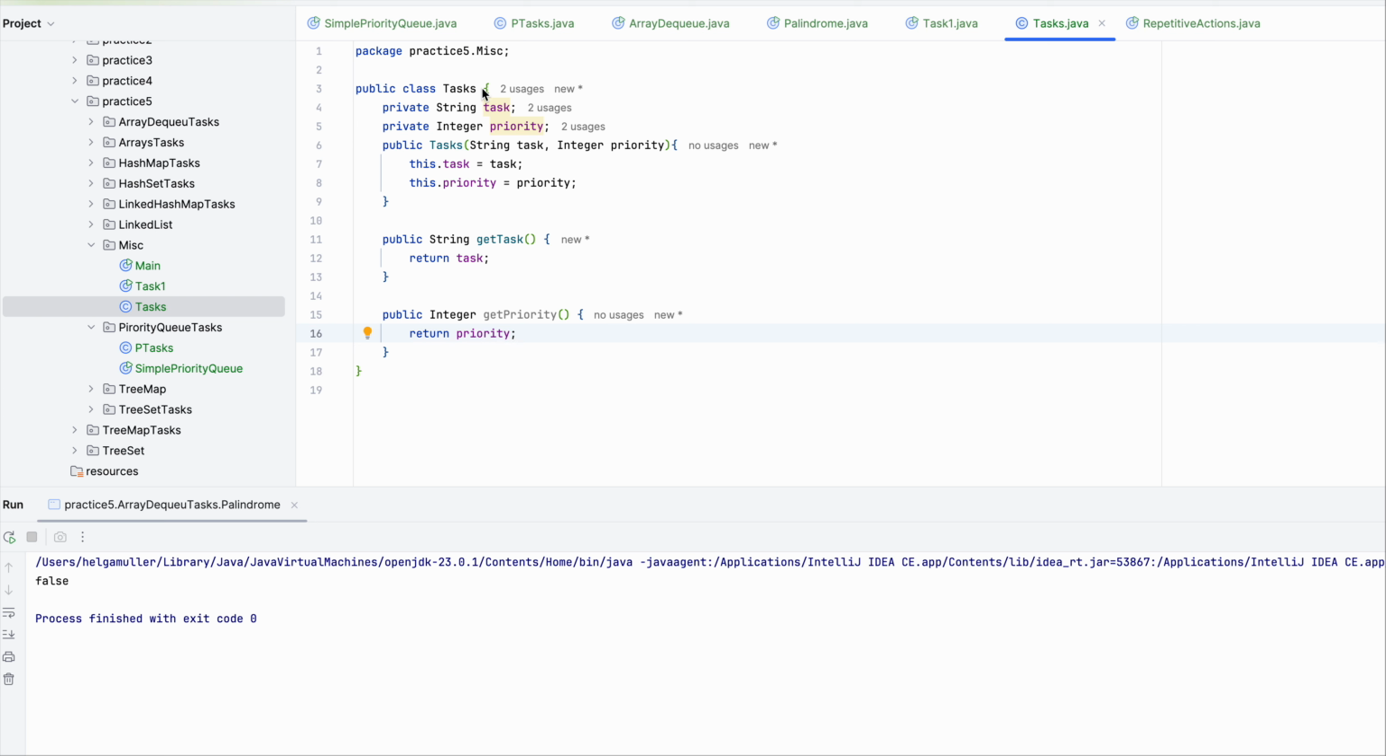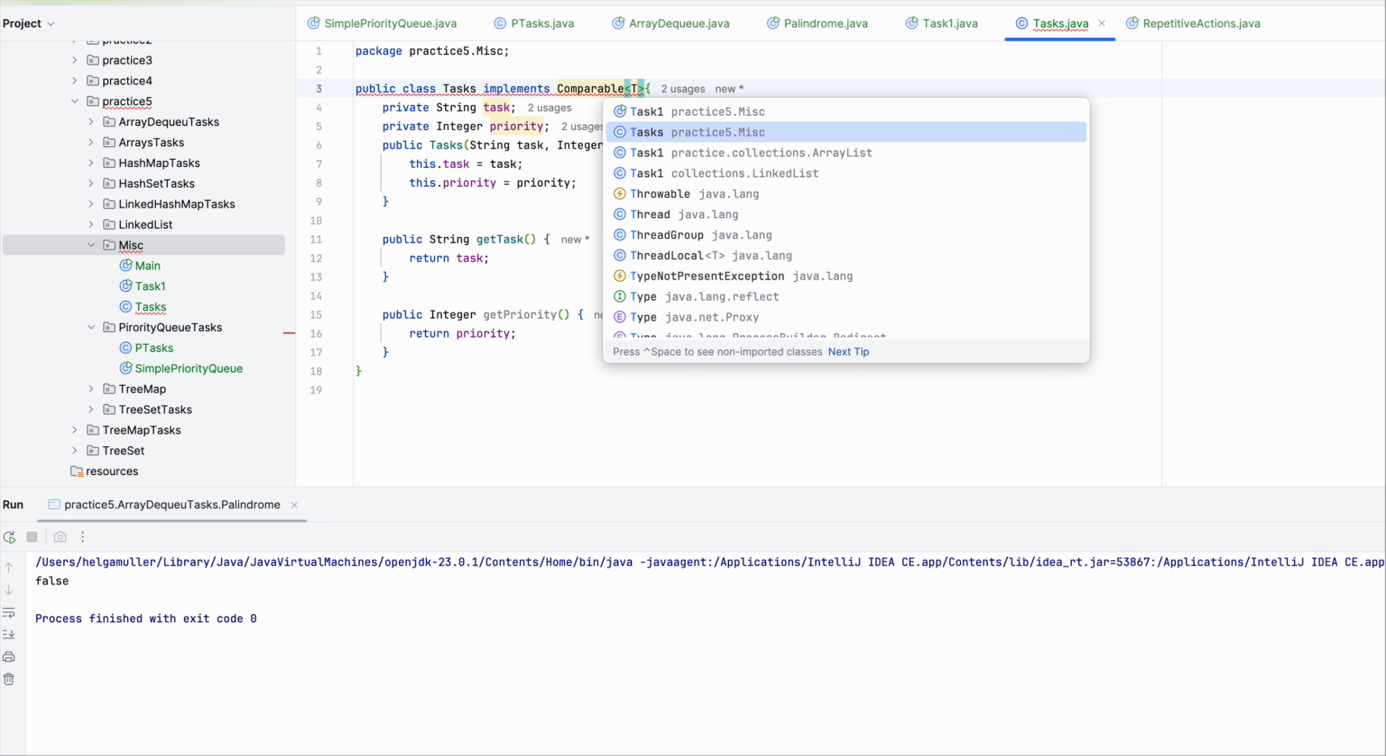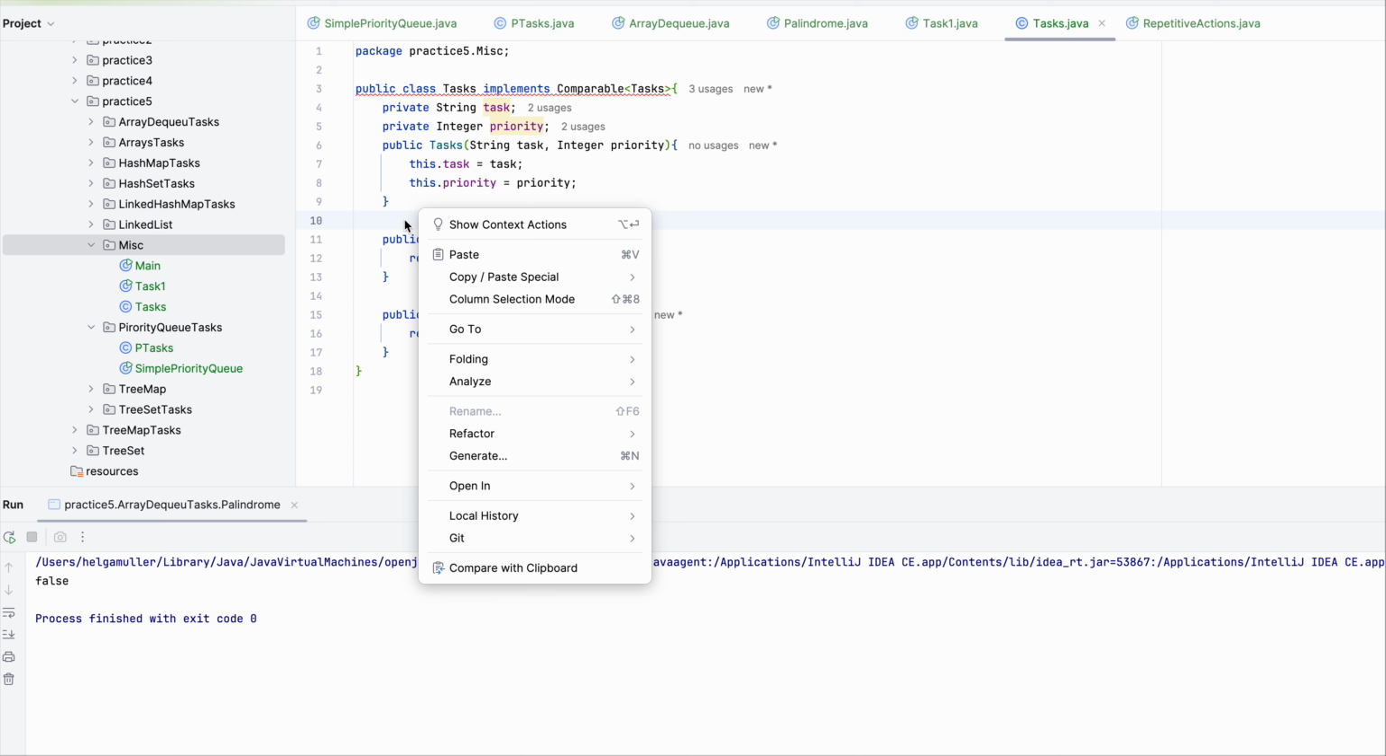I stopped in the previous task about tasks with priorities here. So I designed class Task which should implement interface Comparable for tasks. And what I need to do here is implement a method, generate